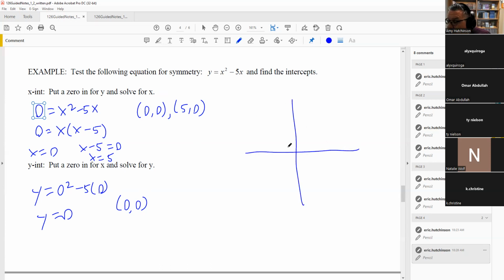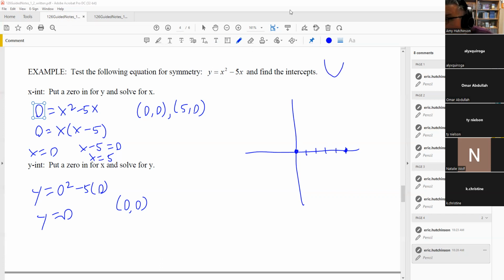Now, let's go ahead and plot each of these, even though it doesn't ask us to do so. We're going to do this for homework purposes only. And so I have that one right there. Okay, so now that I have these two here, what I need to do is find another point that's on here. If you have squares like this, that means the graph is going to look like this. So when you do this problem in the homework on that,